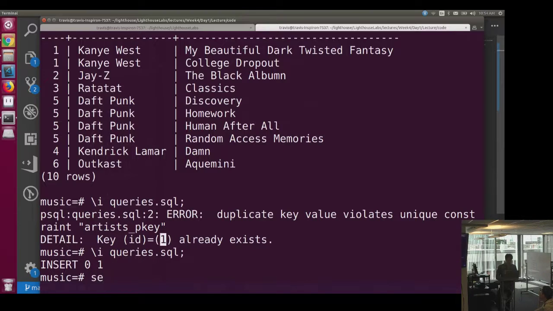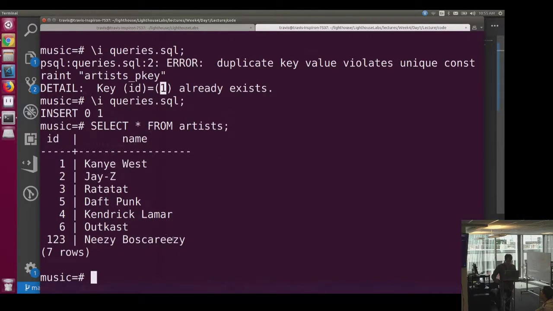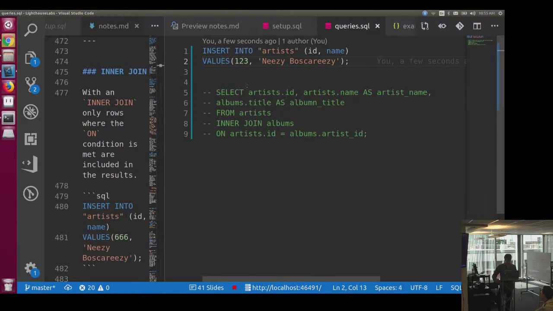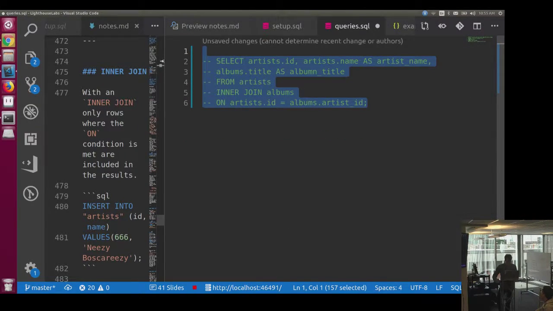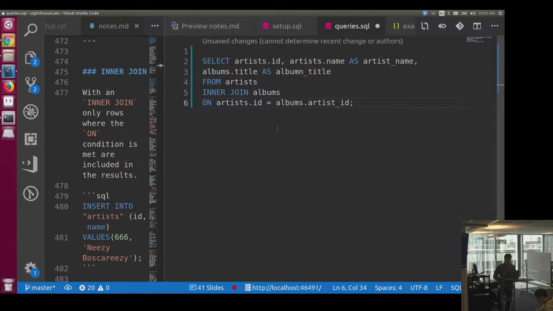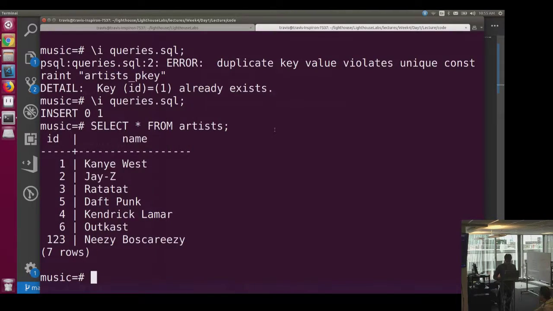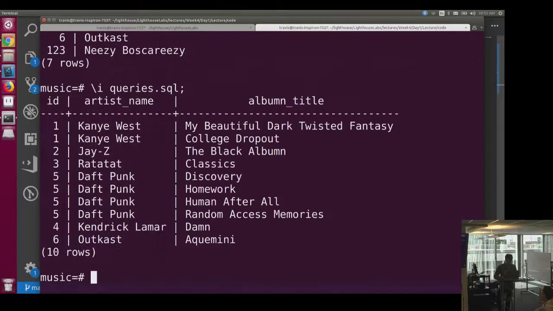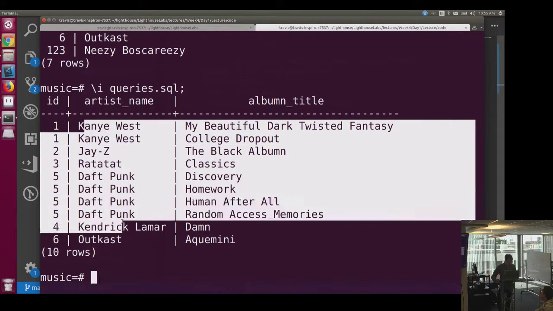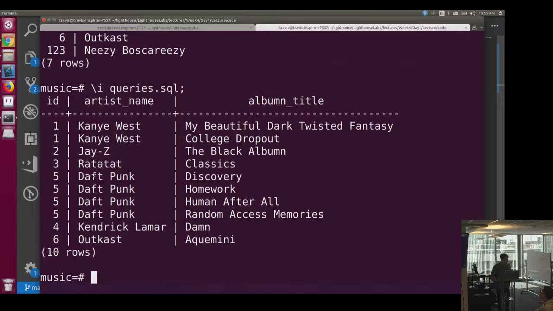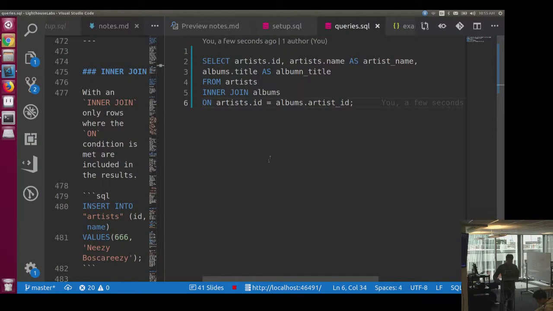And if we do select all from artists, we see that Nizi Boskarizi's in there. But if we run this query that we did before, which is an inner join, we don't see him appearing in this artist table. And that's because an inner join is saying only show the data where we have a clear artist matching with a clear album. If instead we do a